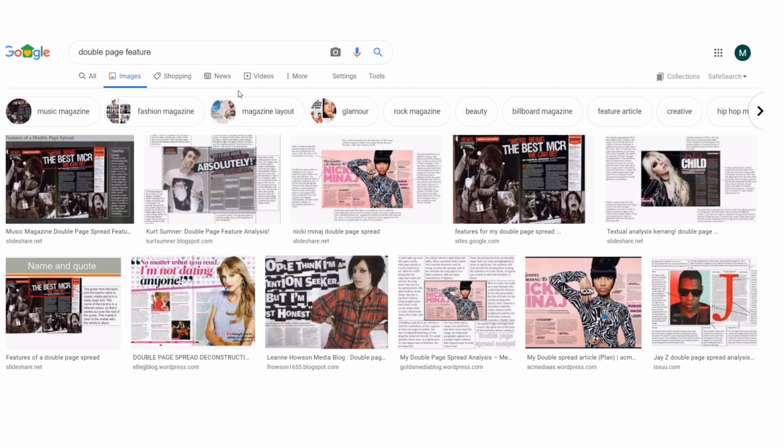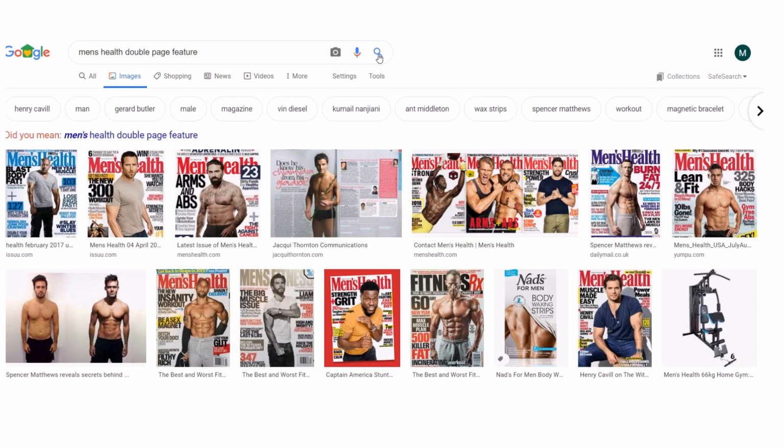If you want to do it for a specific interest, these are mainly from music magazines, but if you want fashion or whatever, maybe just add the name of the magazine. So for example, previously I've looked at Men's Health, so let's have a look at that. Men's Health double page features, and that's coming up with loads of stuff that I can just use,